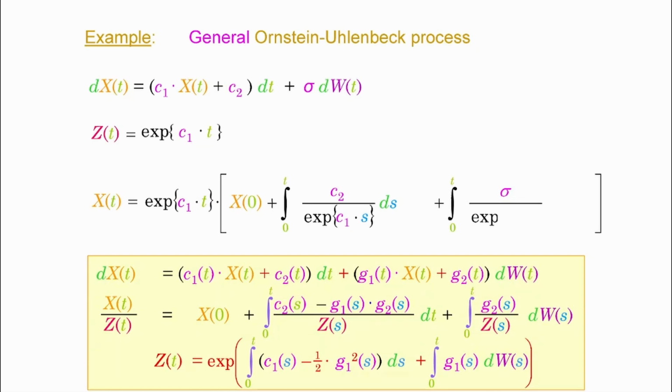Again, you have the function z over here. You need to divide it by e to the power of z at point s. So you replace t by s now. e to the power of c1 times s in the denominator, and then you integrate that with respect to the increments of the Wiener process. That's it. Now we clean up a little bit.